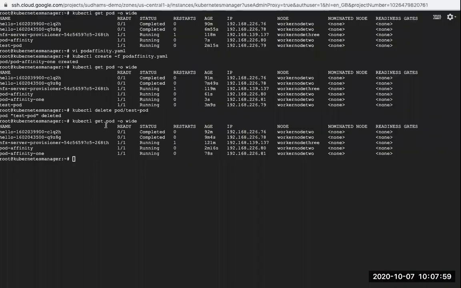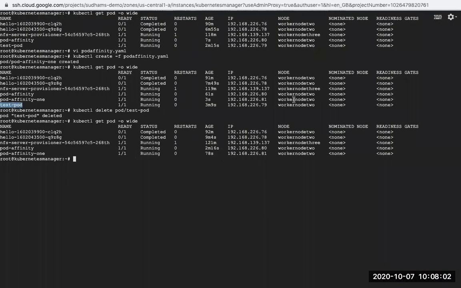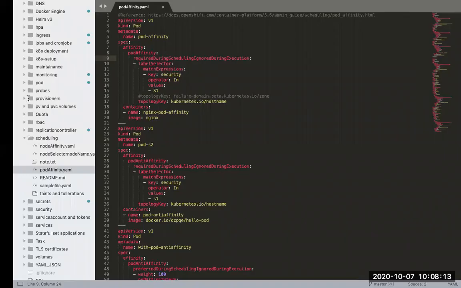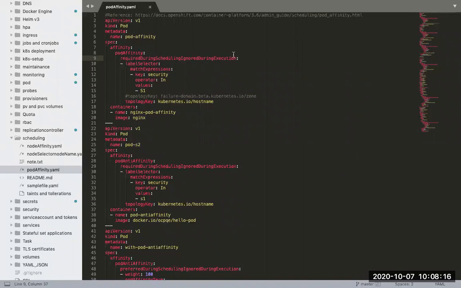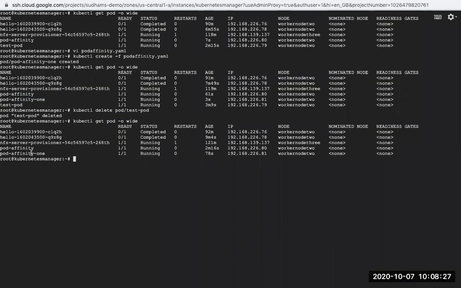Okay, so let's assume this pod was installed on this particular worker node. Based on this only, my pod-affinity and pod-affinity-1 pods are launched. Now this pod is not available. It doesn't mean that these pods will get removed from that node. Why? Because the concept is ignored during execution. Ignored during execution, in the sense, don't worry if that pod is deleted after it has been scheduled successfully. So that is a concept which we are using right now. Now, this pod is not there. So let me try to delete these pods and recreate. Okay, so kubectl delete pod. So the first scenario you have seen, right? So let's try to remove these pods.